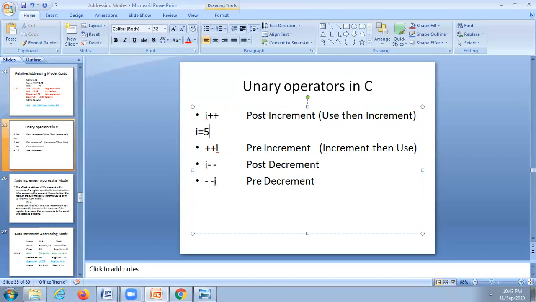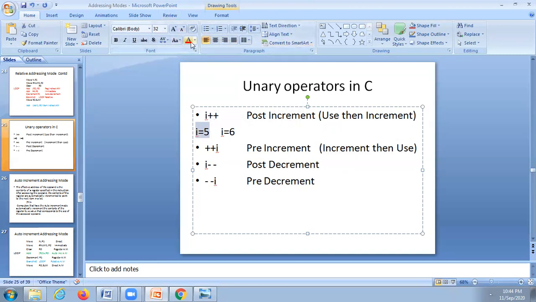First 5 is used, then only the increment takes place. At the current step, the value of I is 5 only, not 6. In the next step, I will become 6.